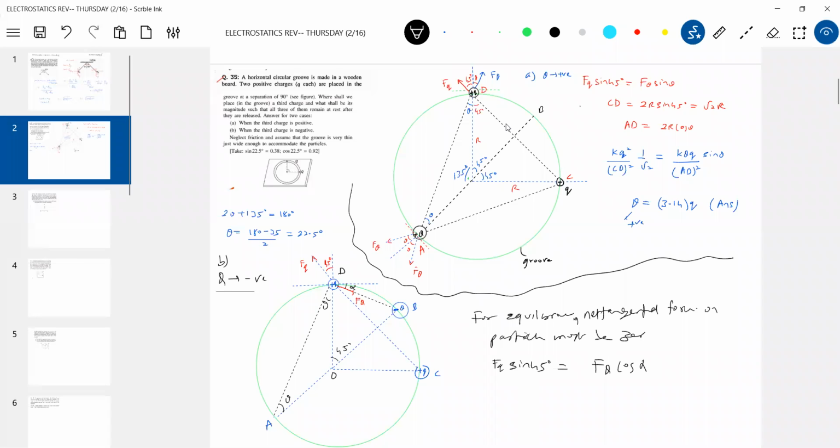Will you justify why I am writing 45? If you cannot justify this, I don't think you can really solve the problem. All of you, you should look at this. So why are you writing directly 45? Because the problem doesn't give it. See, if you place the third charge symmetrically, then only equilibrium is possible. So therefore, I took that particular line.